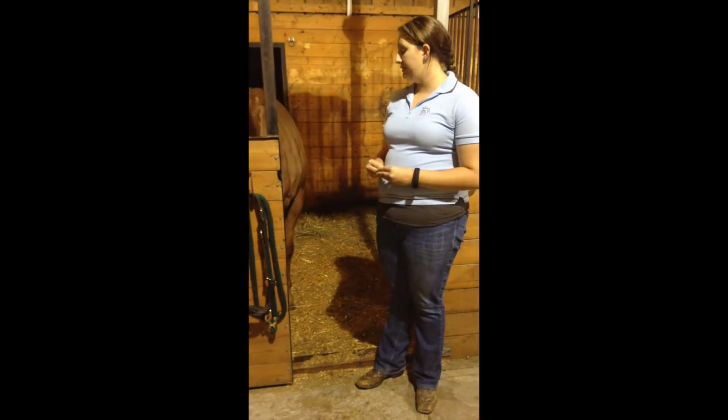Now as well, if your vet is not immediately available that very evening to come out, or even the next morning, you can give 2 grams of bute per 1,000 pounds twice a day for your horse. But you need to discuss that with your vet before you begin that regimen. And as well as with colic, you need to be very, very careful with what you feed. Most horses with colic don't need to be fed at all and should not be allowed to drink until the